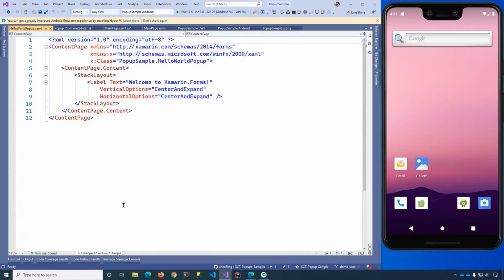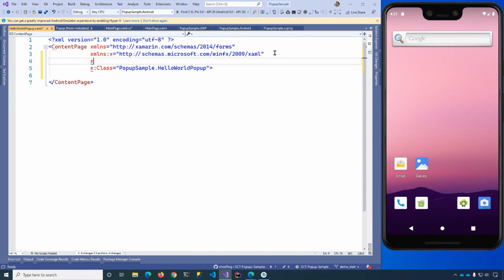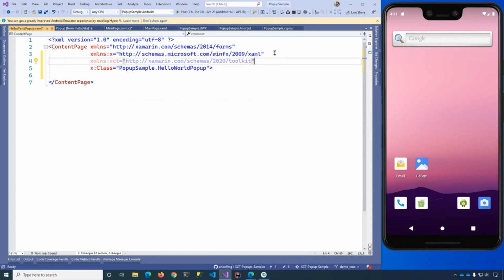And it'll generate a standard file here. What I'm going to do to get started, we're just going to blow away all of that. We don't need it. So whenever you're dealing with new views in the toolkit, you got to add the namespace. So let's add our XML namespace for XCT, for Xamarin Community Toolkit. And there's actually a URI for it. So if you type in toolkit in Visual Studio, you'll get the correct namespace. And so let's update this from content page to XCT pop-up. Now we are ready to create a pop-up.